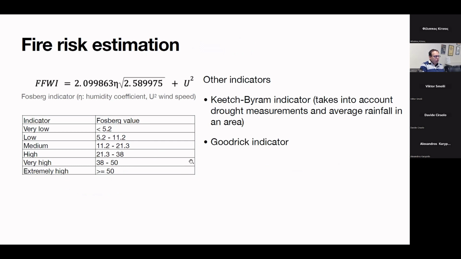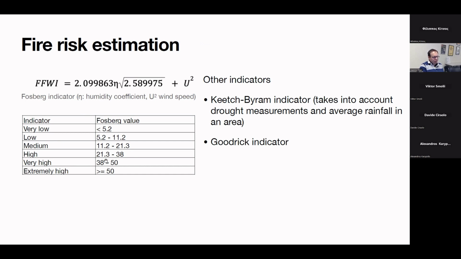Now I'm going to say a few words about the data, and a few of the analyses that we have implemented. First, how we can estimate the risk of forest fire. There is related research. For example, we have the Fosberg indicator, which we have implemented. You see the formula here, and the risk depends on the humidity coefficient and the wind speed. And here you see that the risk of fire can be very high